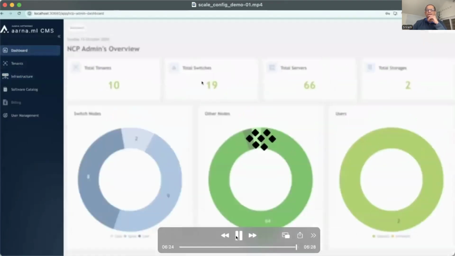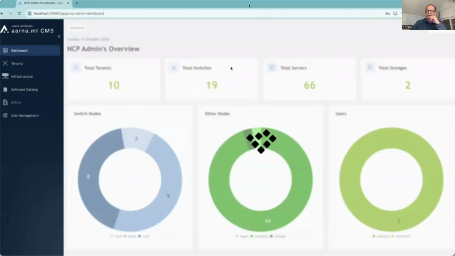So I think we're coming to the end of the demo. That's in a nutshell, the functionality of the infrastructure management that Amar showed in the presentation. Now I'll show a quick snapshot of our cloud broker, which is a layer above this infrastructure management, where you can do the job submission and the inferencing and so on. And that also runs as a SaaS. So I'm going to show the SaaS portal related to that.